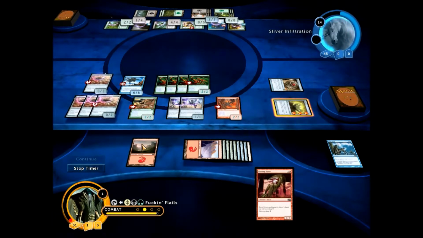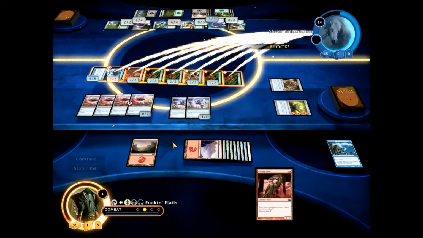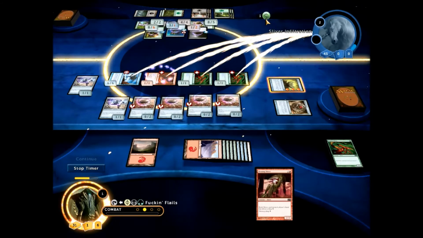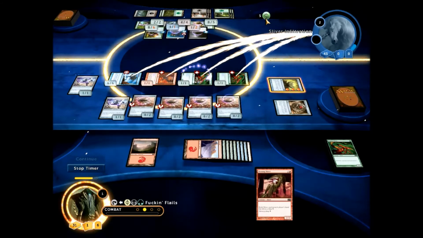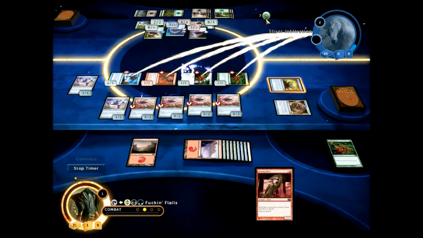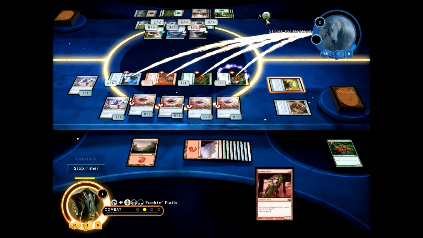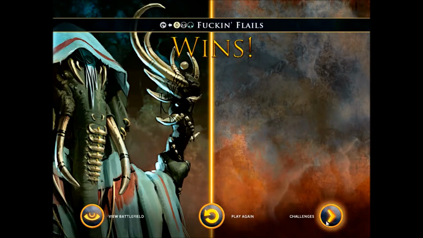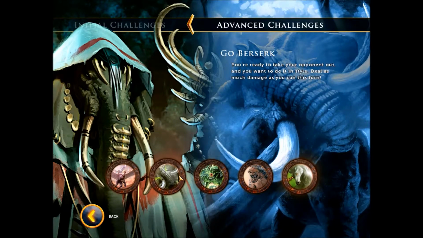Because then when you attack, the reason that this works is because there's enough poison counters that get through to win with poison. So there's 1, 2, 3, 4 poison counters. 5, 6, 7, 8, and 9, 10 wins the game. So, that's how you win that one. You go and get the Virulent Slivers out. So anyway, that's how you beat the Sliver Infiltration one, and now since I didn't do Go Berserk yet,